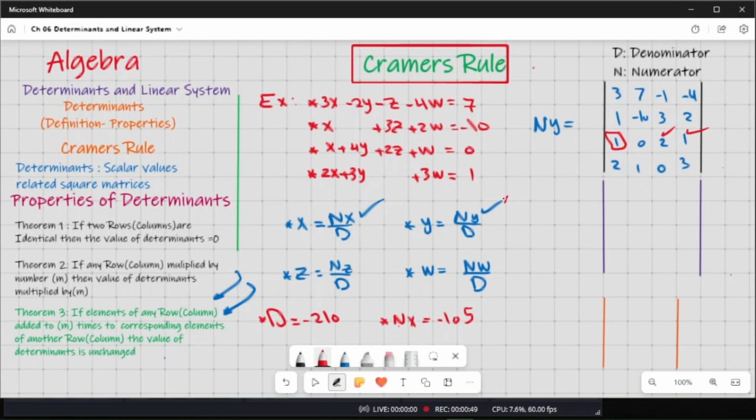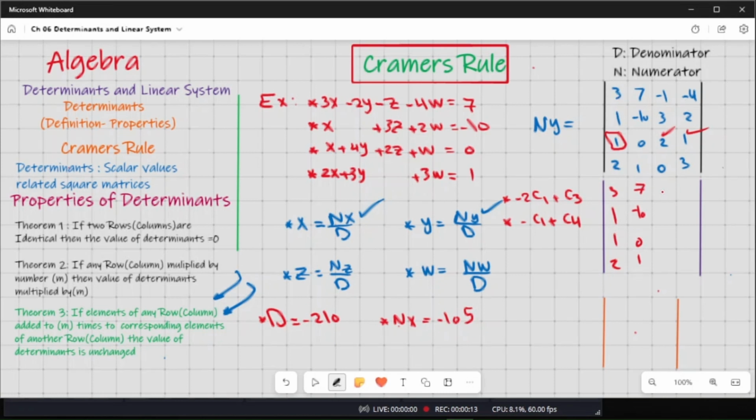So our operation here, as we did before, just multiply first column by -2, then add to third column. Multiply first column by -1, then add to fourth column. Okay, so we have here 3, 1, 1, 2. Second column as it is, so we have here 7, -10. Here we have 0, 1,